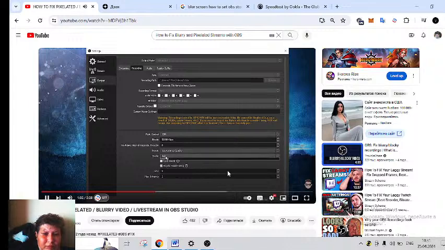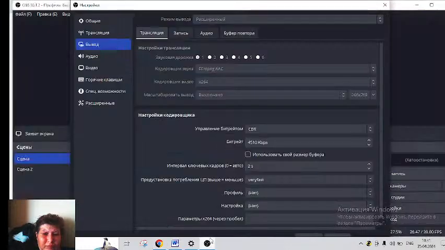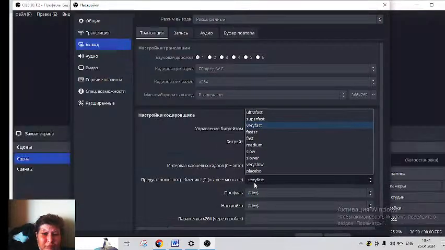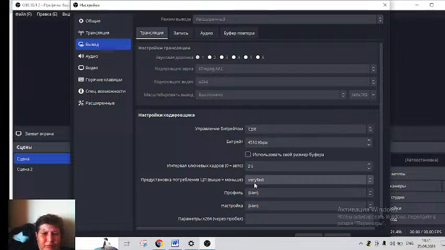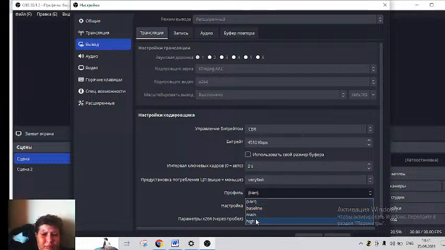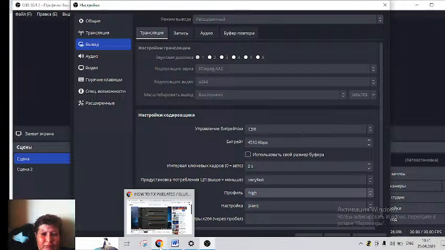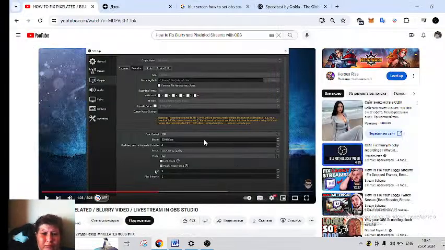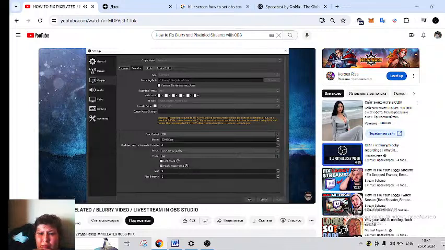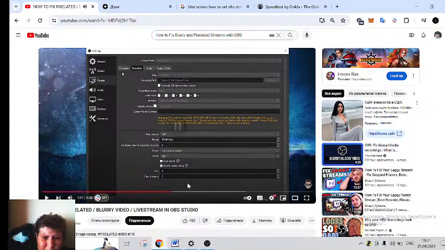Profile, select high. CPU, select 0 and max B frames, select 2. Press apply. Then if you are streaming,